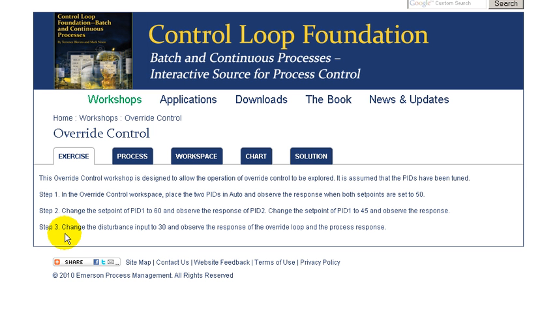We hope this exercise has been helpful to you in understanding override control and the way the override control and primary control work in such a strategy. We hope you'll use this exercise to further explore override control and the